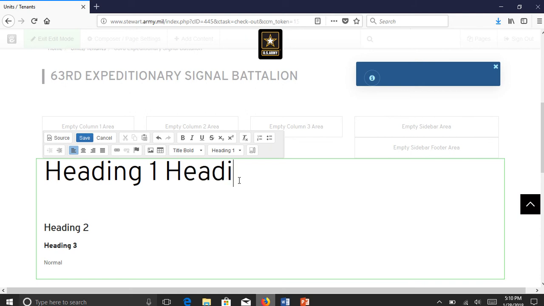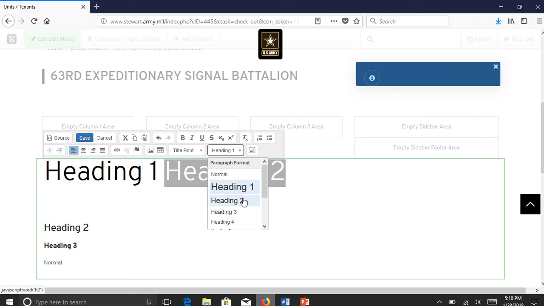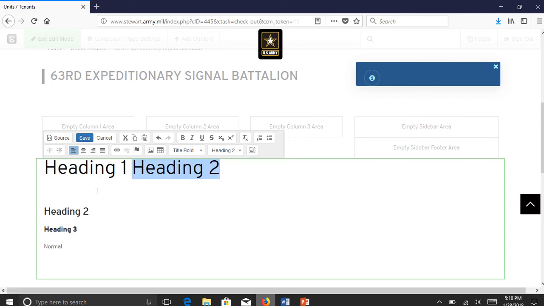So let's say, what I'm trying to say is, that's heading 2. See how these are on the same line? I can't have one of them be heading 1 and one of them be heading 2. It changes the whole line. Did you see that? Change the whole line. Okay, so